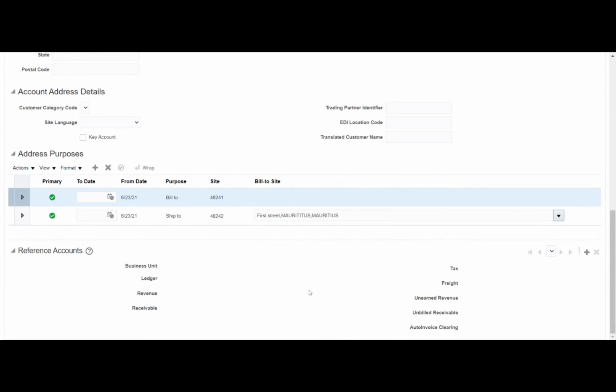Yeah. So we will attach this particular business unit.